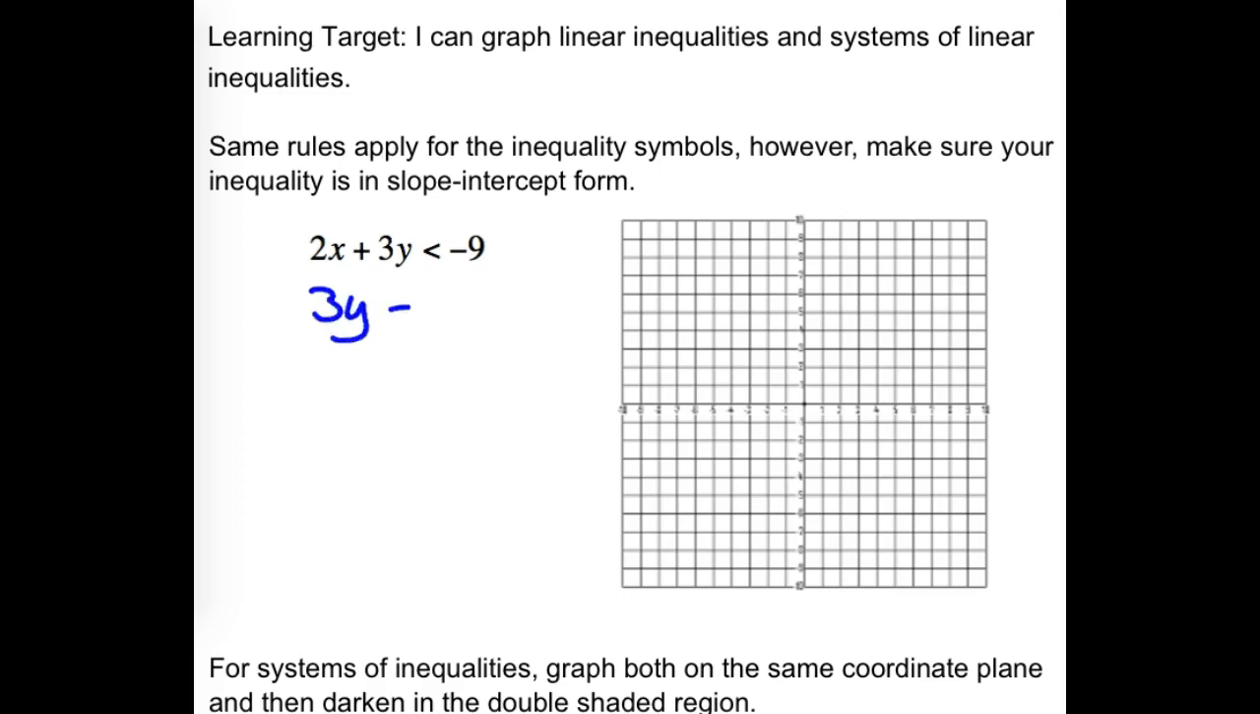All right, guys, I need you answering. Subtract 2x, and then what? All right, so